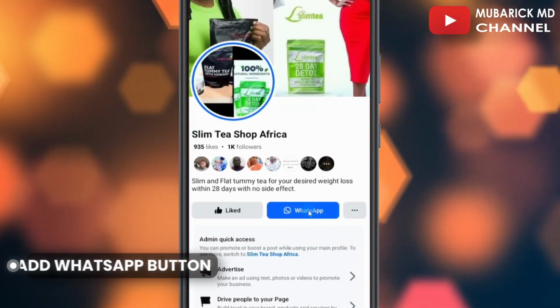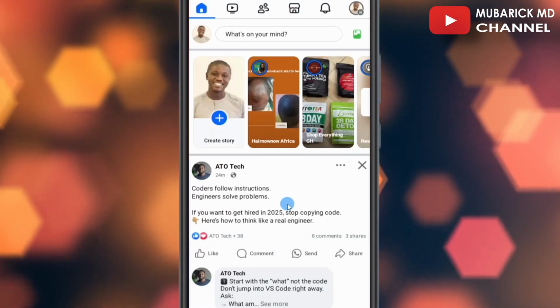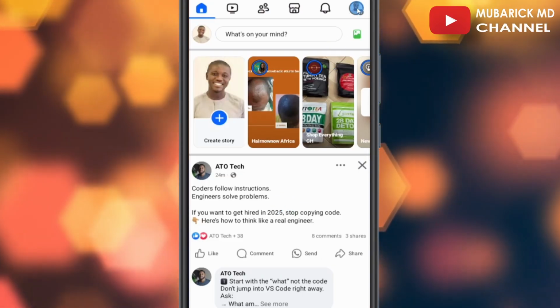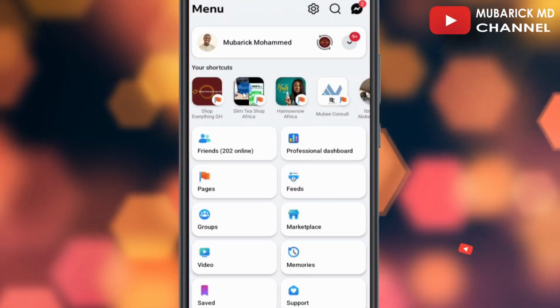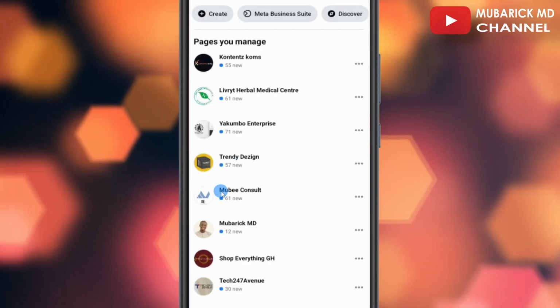To add a WhatsApp button to our Facebook page is pretty simple. You first have to locate your Facebook page that you want to add your WhatsApp button to. In this case, you have to navigate to the top right corner and tap on your profile menu, and then with this selected, proceed to tap on pages, and this will pull out all the available pages you have on